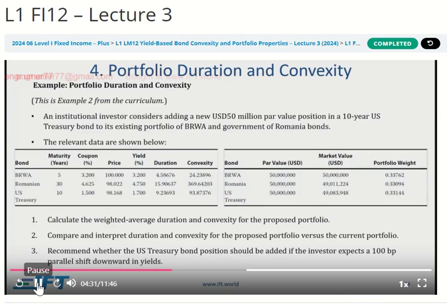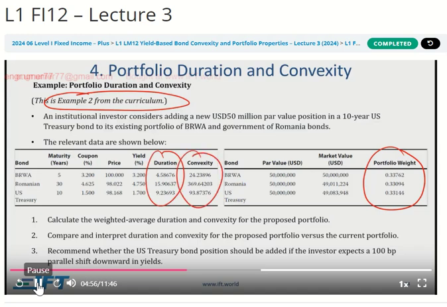Now, let's apply this concept in terms of a numerical and also in terms of an analysis, right? So, this is a very nice question actually, and this is coming from your curriculum. And let me walk you through the question before you try to do it. Because, I mean, the first part is very, very simple. Calculate the weighted average duration and convexity. Obviously, you have the weights, you have the duration and convexity. So, this is a very easy thing for you to do. You just have to multiply the weights with the duration and convexity. Second part is also easy to do,